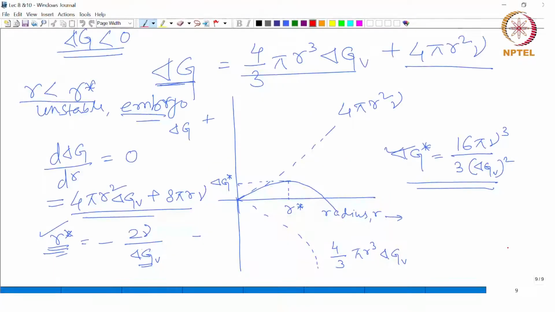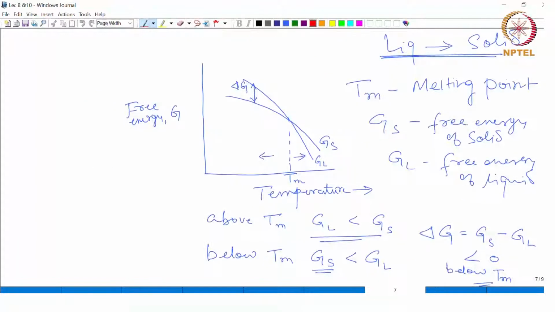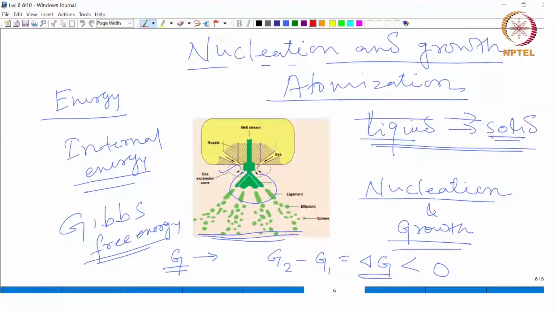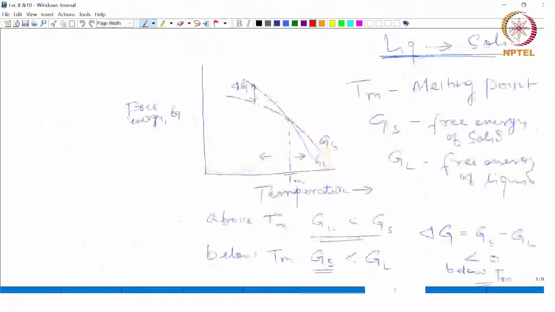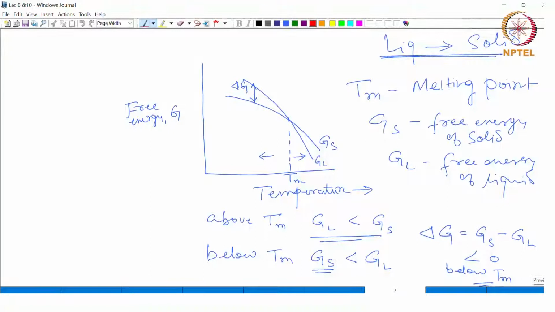So, we have been talking about this nucleation and growth mechanism as it happens in the process of atomization, and if you remember, this is what we talked about in the previous class, as to how the nucleus of the solid forms and how it grows. Basically, it involves